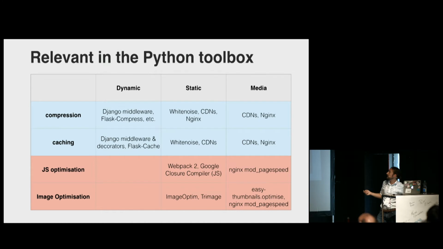If you have static things, you can serve them over CDNs, like I mentioned before. And I spoke about the front-end stuff, only sending the information you need. There are tools like ImageOptim and TrueImage, which is the Linux version of this tool you have for local things. And this does the clever tree shaking thing to only send the JavaScript you need. And if you don't want to learn any of this stuff, or you don't have time for it, there are all these cool plugins for Nginx now, which will take your images, optimize them, strip out all the data, and only send the correct size for something, and even do things like minify your JavaScript now.